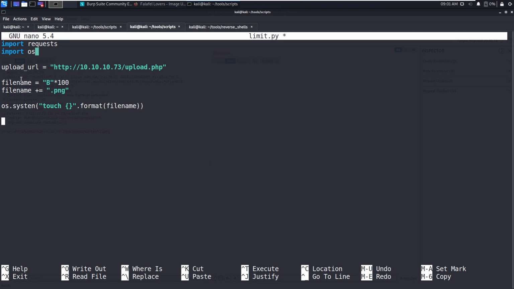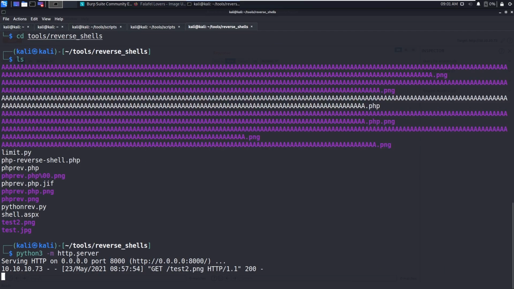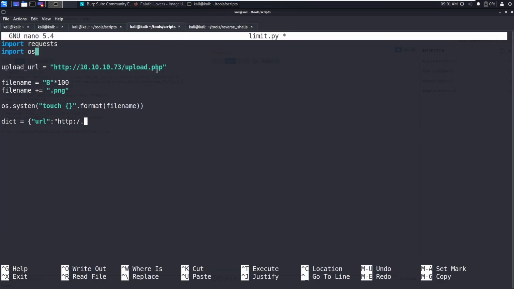So now I'm going to make the data dictionary: URL, and then data is our source, so that is this one, http, 10.10.16.180, port 8000, slash the file name, format of file name.